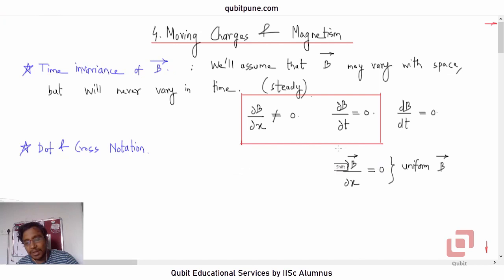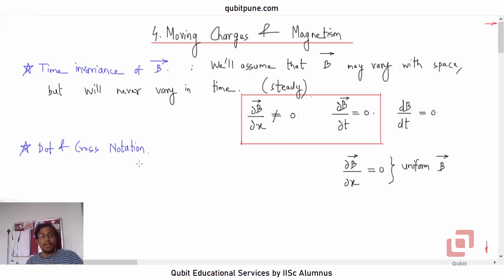We are allowing the magnetic field to change with space, but we are not allowing it to change with time, because the field has two independent parameters, the space and the time. We define partial derivatives. That's one thing. And if the magnetic field neither changes with space nor changes with time, then we call it uniform. It's constant everywhere, so its derivative is zero.